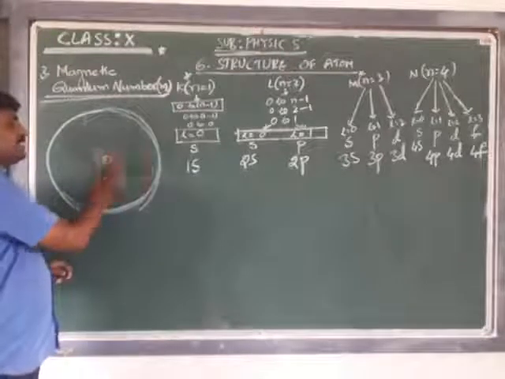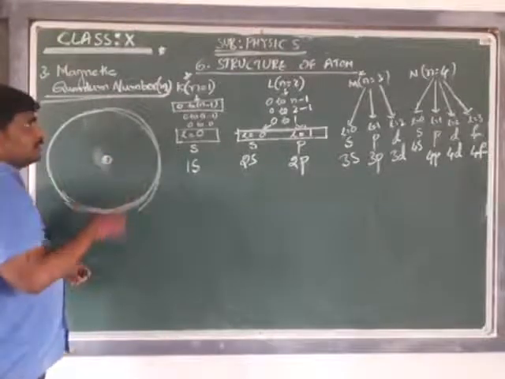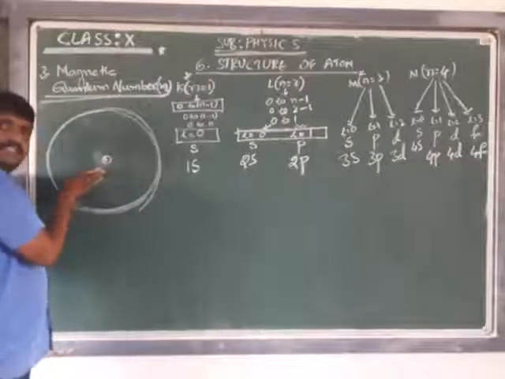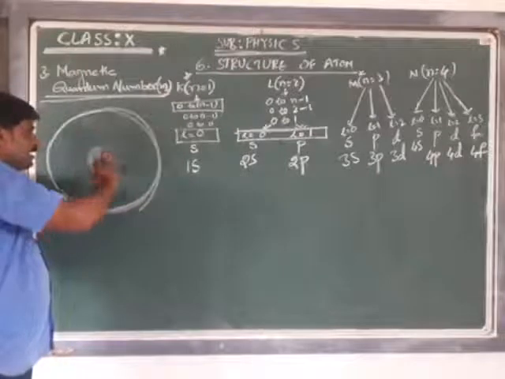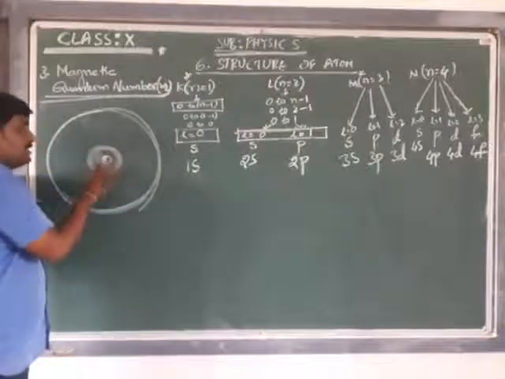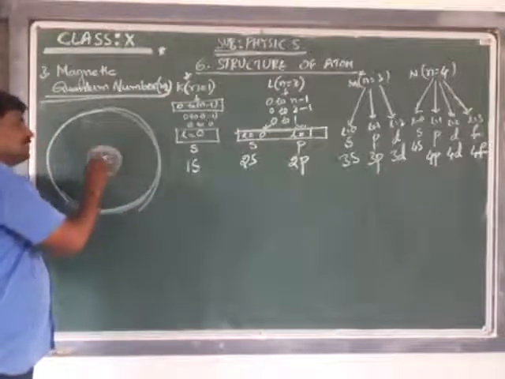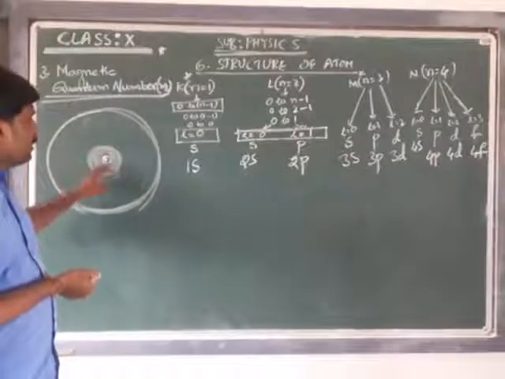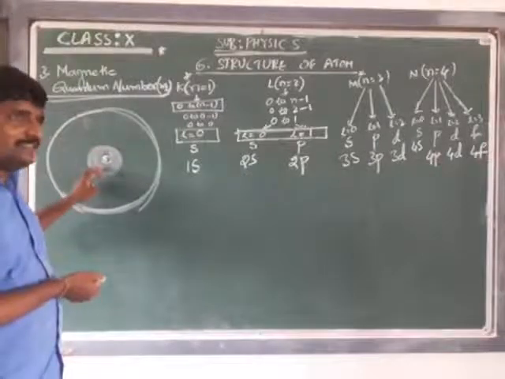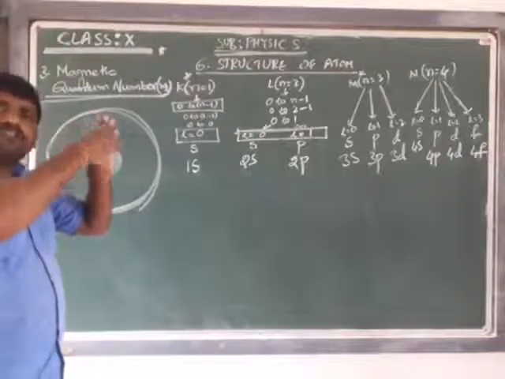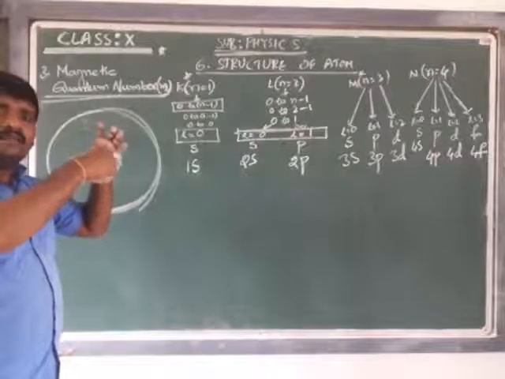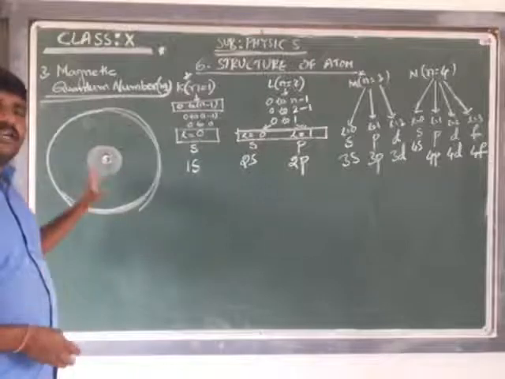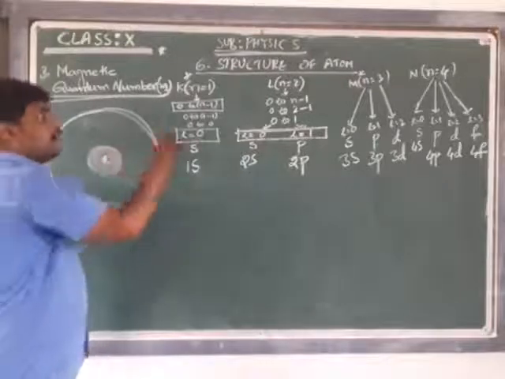There is a fixed energy level, and a path around that. According to Bohr it is a path, but according to Schrodinger, instead of taking this path into consideration, we are taking the region as the shell, the region where there is a maximum possibility of finding the electron. Instead of assuming the electron is revolving in a path, we are saying that the electron is revolving in this region. That's it. Schrodinger model. That means K shell.